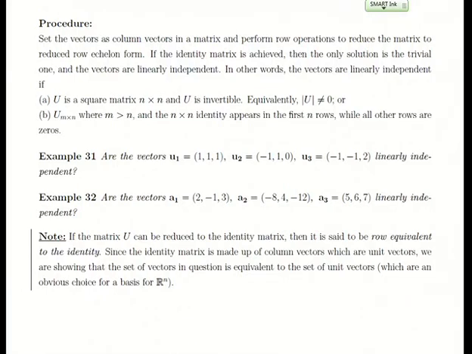Do a bunch of row operations and reduce the matrix to reduced row echelon form. Now, if we write them in augmented form, this side is going to be all zeros, and this side here is going to be the vectors that I've given you. If you do your row operations, and if you get the identity,